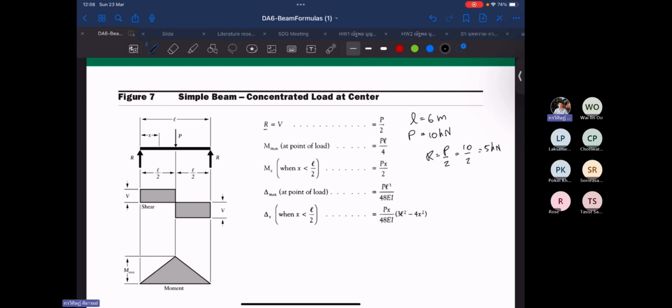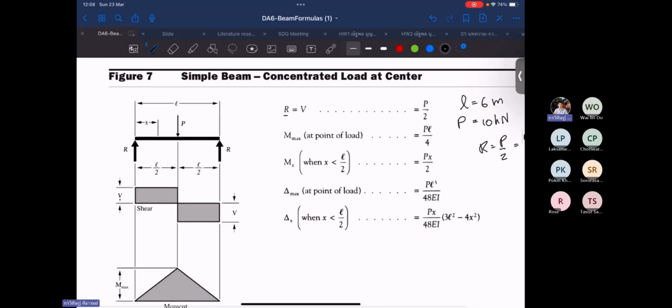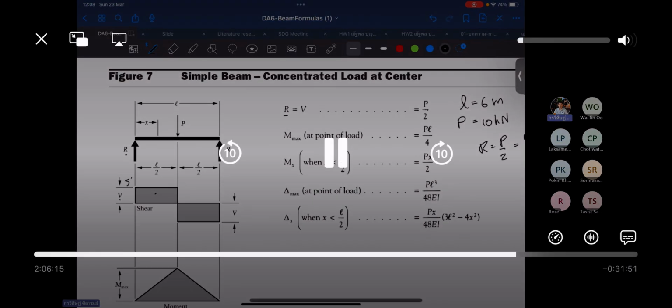About the shear force, this shear force V equals the support reaction, and then you can see we get the same